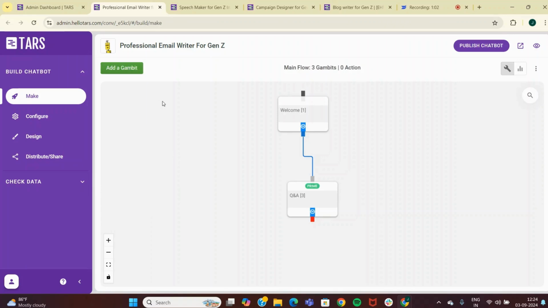Once you click on that, you'll see that this is a gambit that is created. Now, don't get intimidated by the word gambit. Think of it as just one part of a conversation flow. This is just one block of your conversation, right? Imagine that this entire AI agent is created within just two blocks. And how cool is that? So, let me show you how we have actually created them.